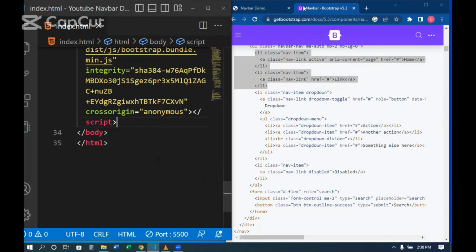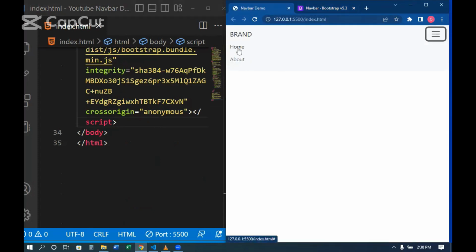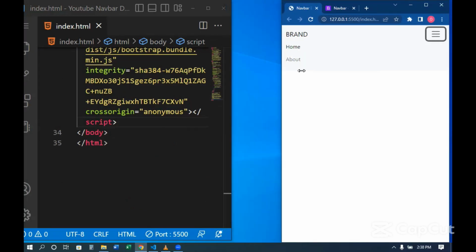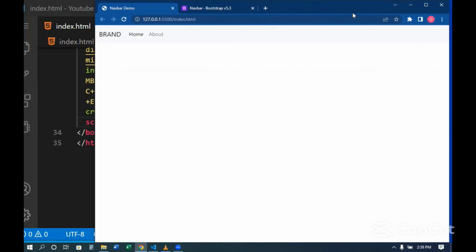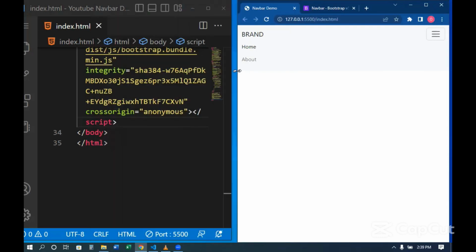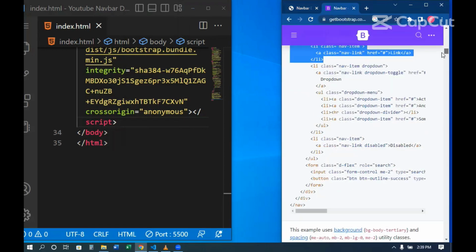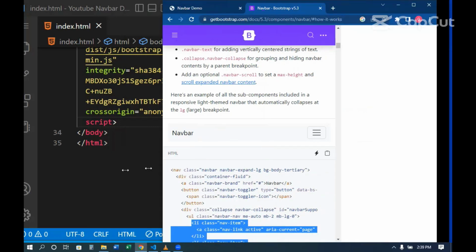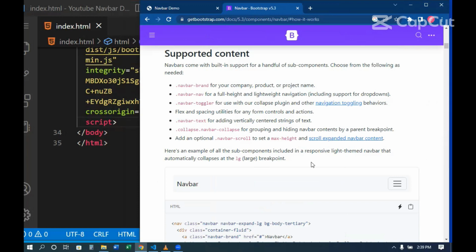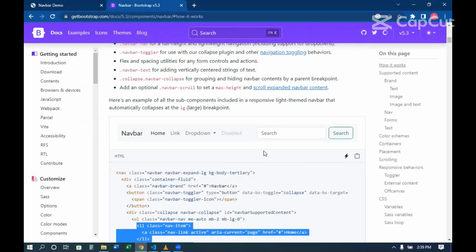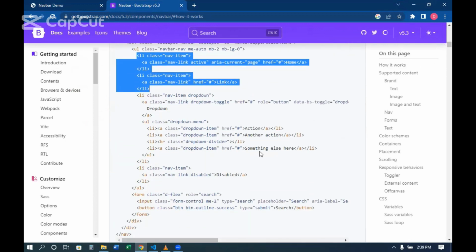So let's go back and see what is working now. So we toggle, you can see we have our home, link, and about, underneath my brand. And right now we're working on a small screen size, and when we expand it to a large screen size, you can see that our toggle goes and we have our home and about. So from here, you can add other items. You can see that in our nav. Increase this, go up, we have search and other items up here. So if you want your search, you will come down to search here. So our forms,